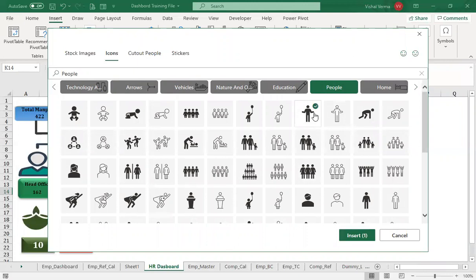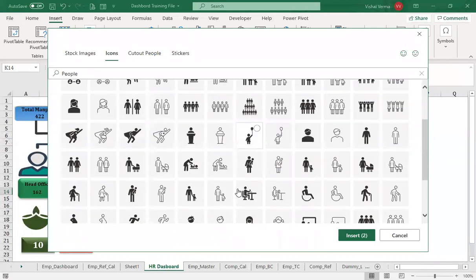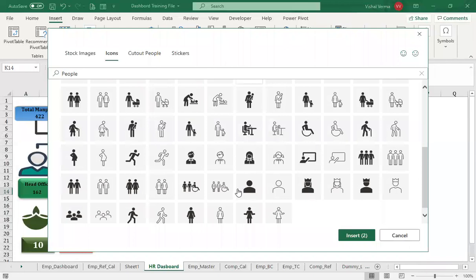This one is for non-considerable, so we have this one, getting ready, and then let's find something for running.